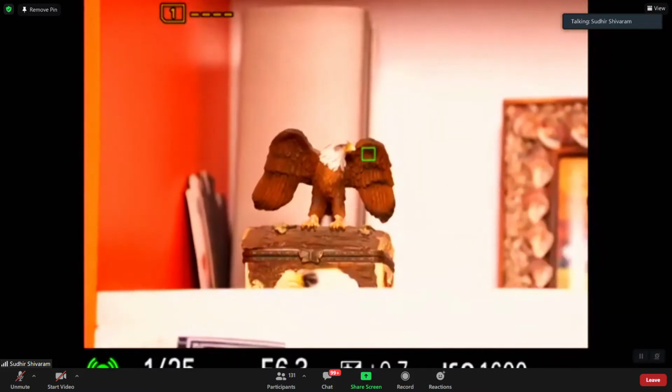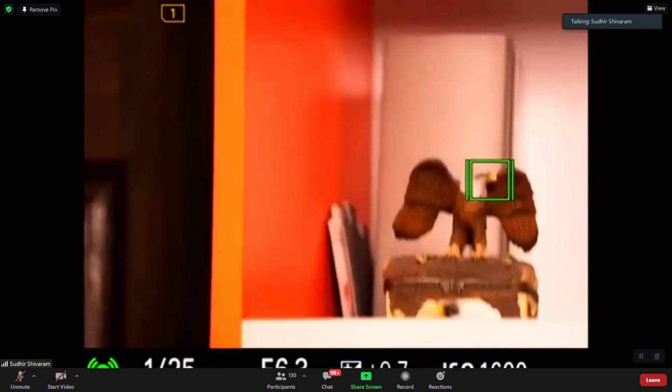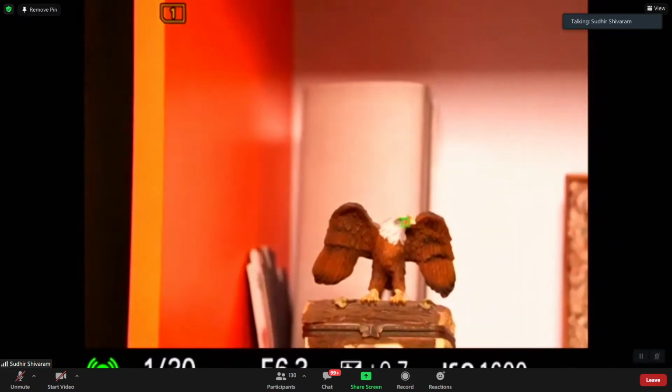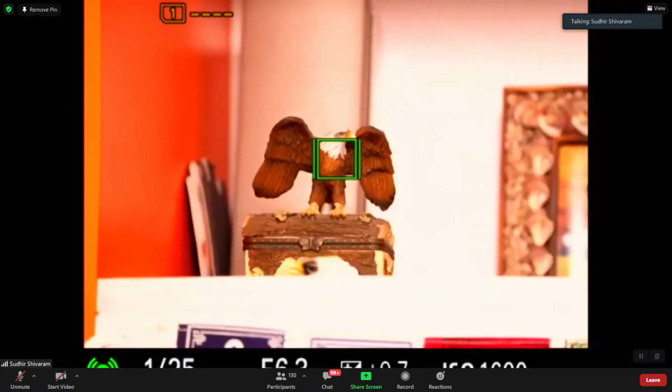So here you see, once I basically focus and get the focusing, no matter where I turn my camera, the tracking will continue to stay there. Look at this. Okay, now it's shifted to eye focus. Look at the camera, of course I'm doing it very slowly here, but in a real time scenario, no matter how fast I move, the camera will not lose focus.